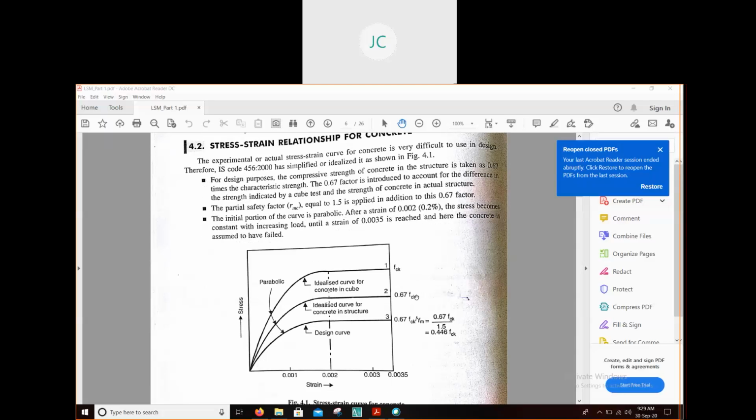The actual value was fck, but for design purposes it will be taken as 0.67 fck, that means your characteristic strength. Next, again according to IS 456, we have to apply a partial safety factor, and for concrete it is 1.5. So we have to divide this characteristic strength by